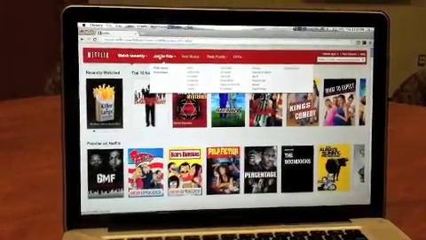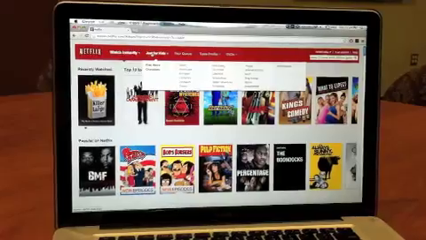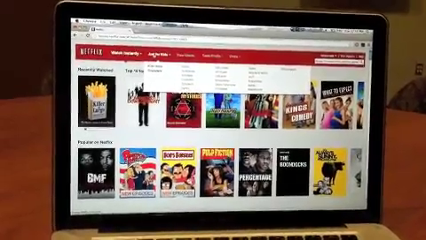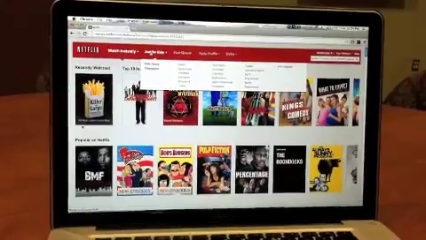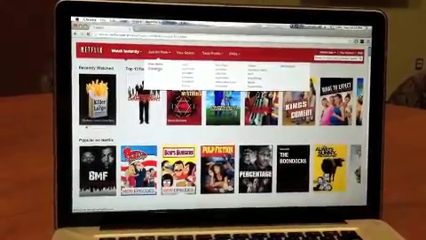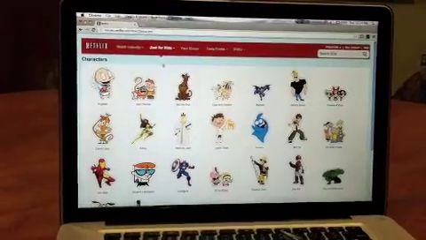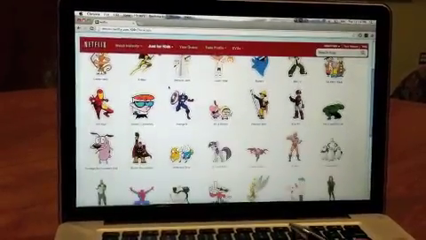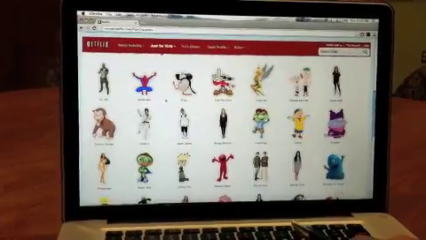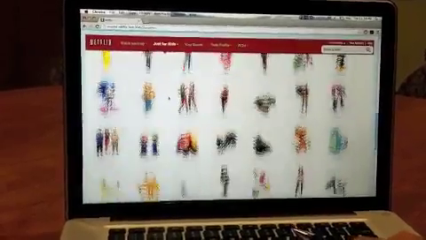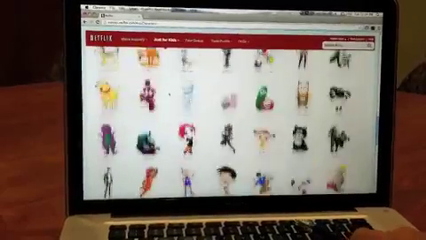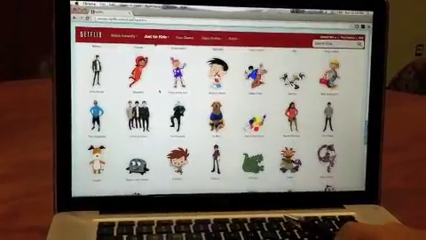Moving on to the Just for Kids section, you can see all the different children's television shows and the genres that they fall into. But the most interesting part is the Children's Characters section, which allows the children to select any type of favorite character that they enjoy, and you can see all the different types of films or spin-offs or any type of TV show that is offered by all these